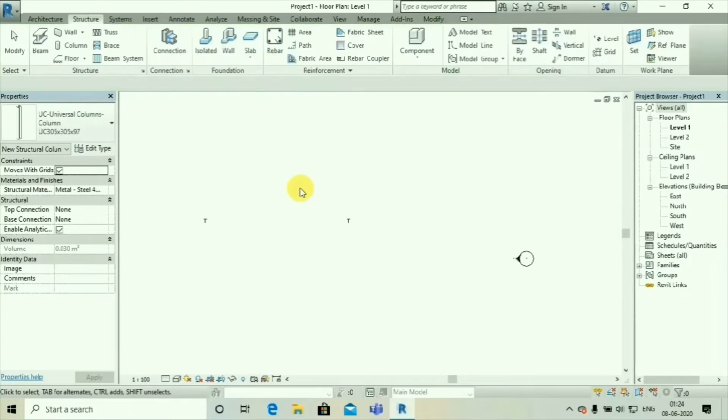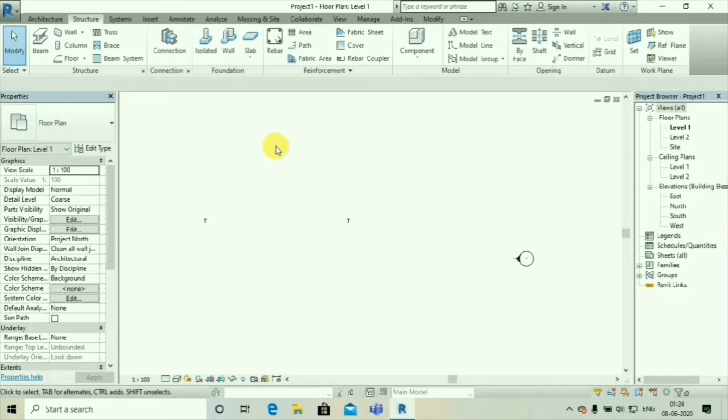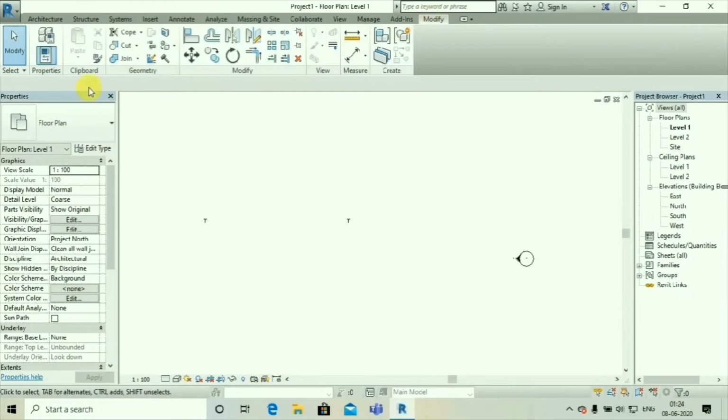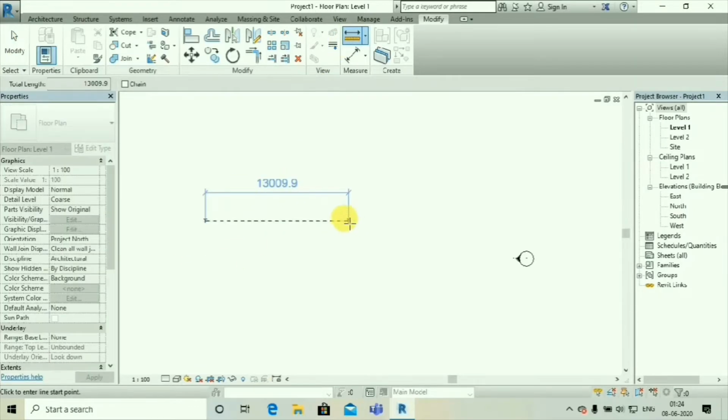If you want to know the distance between the two columns, click on this dimension, this and this. Okay, 13,009.9 mm.